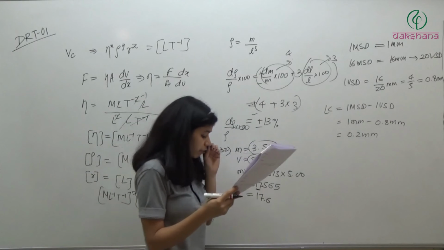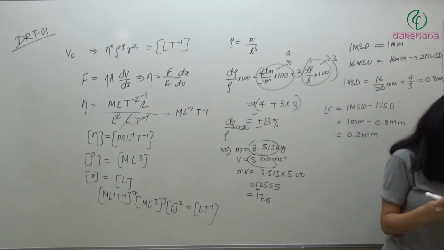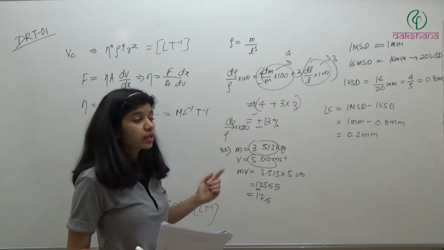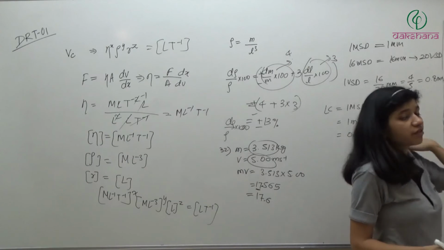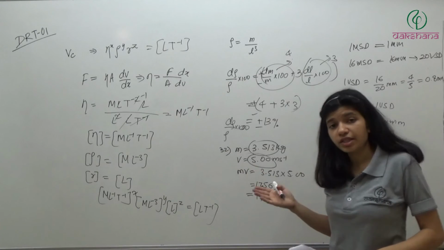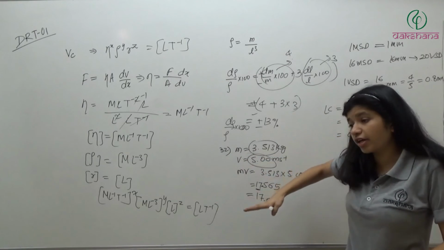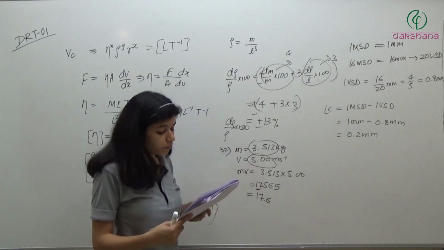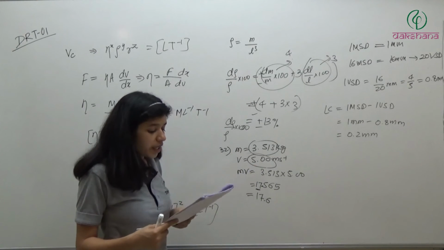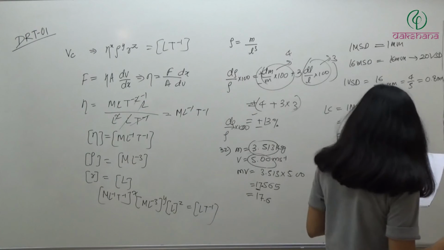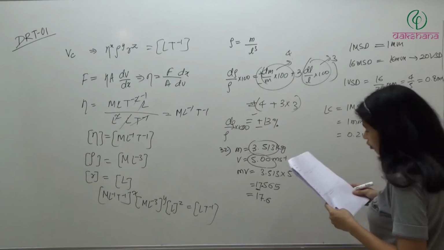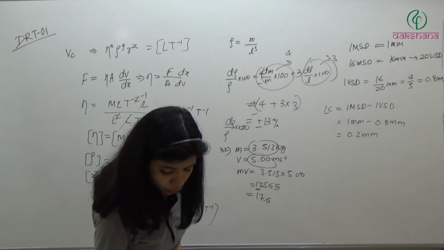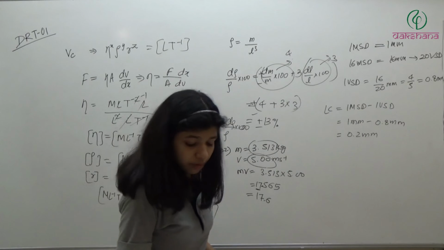In the rest, the first has 5 significant figures, second 4, third 4, and the fourth has only 3 significant figures. So when we are multiplying, we will see the quantity which has least significant figures, and the answer should have significant figures equal to the least significant figures when we multiply the quantities. Now question number 33. If force F, work W and velocity V are taken as fundamental quantities, then the dimensional formula of time is. So force, work and velocity are the fundamental quantities.